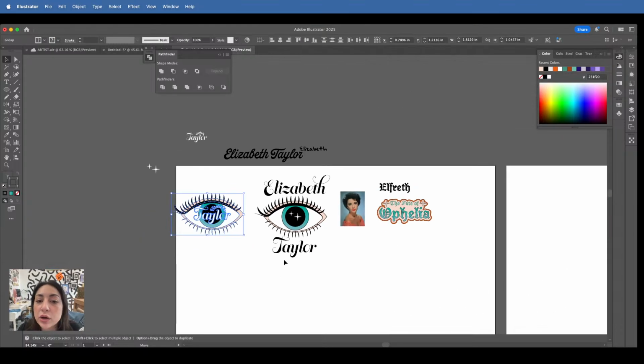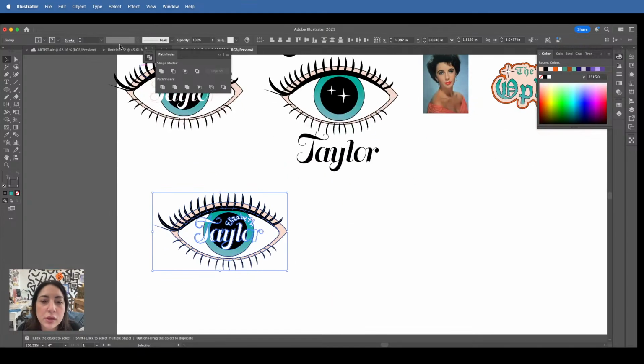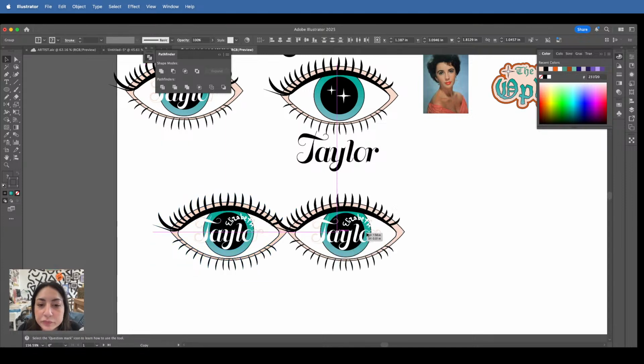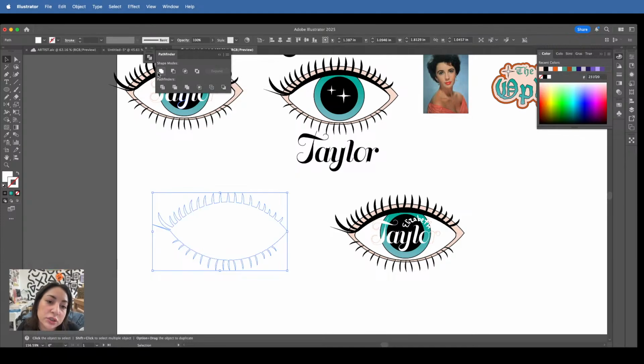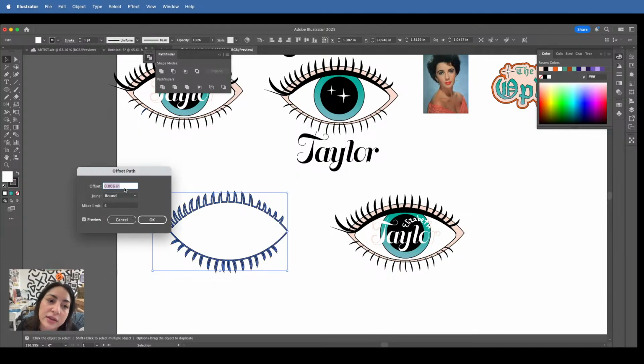So let's say we go with this design, which I don't know. I'm going to go to object, expand appearance, because I have all of these things going on. Duplicate it. Now that this one's at the bottom, I'm going to use the Pathfinder tool to join everything. And now this is one shape. I'm going to do the fill and stroke, then go back to object, path, offset path, and this depends on your artboard, but I'm going to start with 0.03.